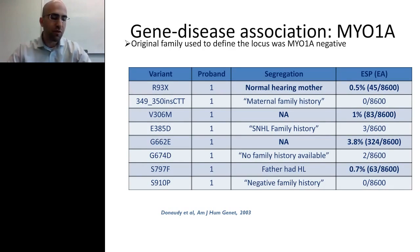The majority of variants that I classify when I'm looking at variants identified in hearing loss patients is that anything that's above 1%, except for a few common hearing loss variants, is likely to be benign. So anything above 1% is likely to be benign for hearing loss. Another variant was seen at 3.8% of the population, even less likely to be causative for hearing loss. So a lot of these variants were seen in control populations, so